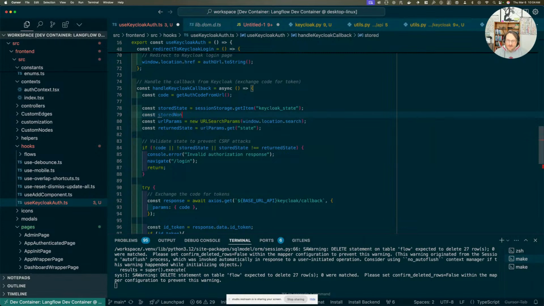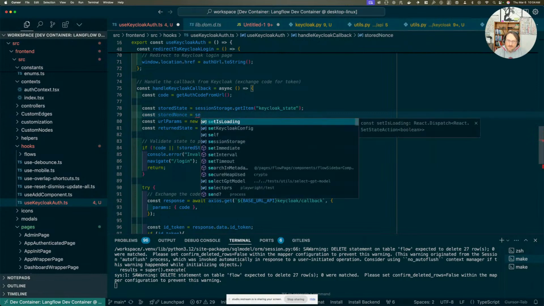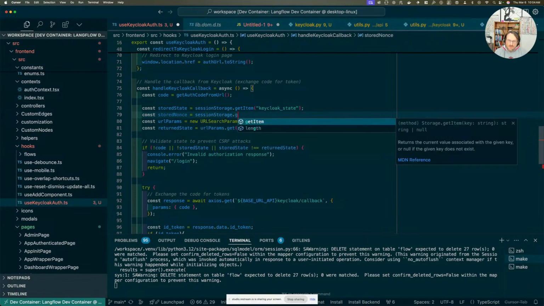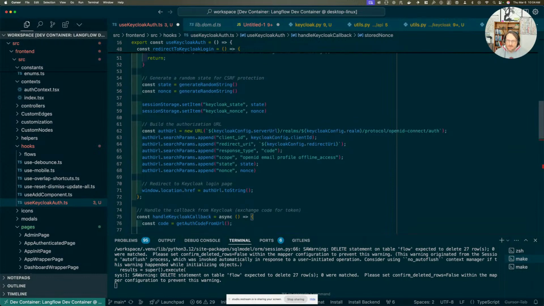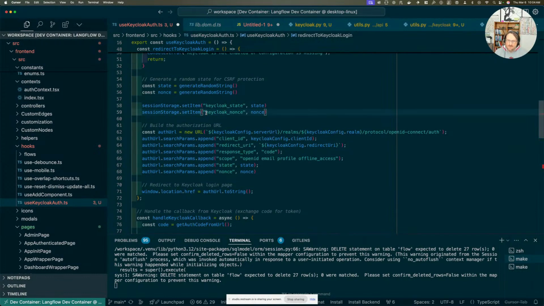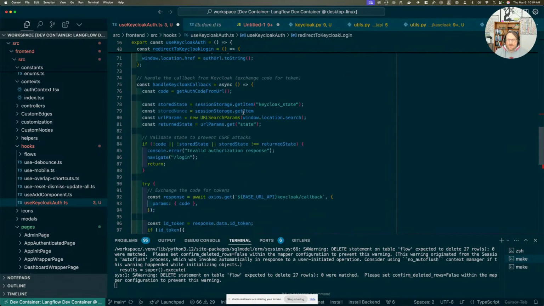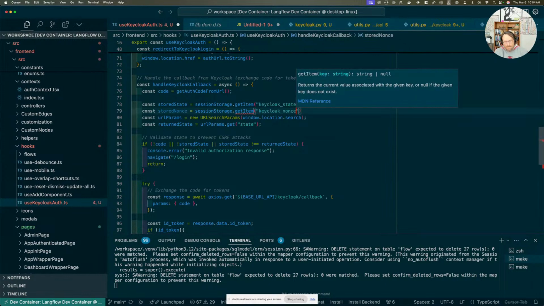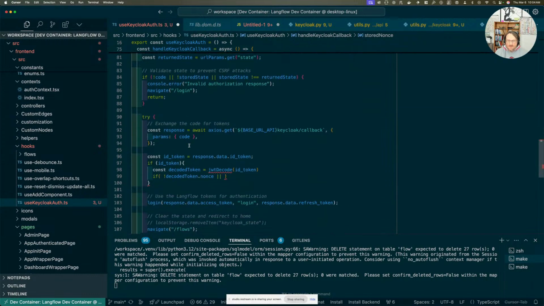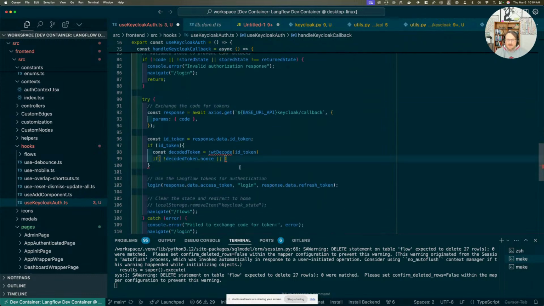Nonce, not once. Nonce. Session storage. Get item. And what I call it nonce. So it should be something like that, and then we can just compare it here as we did above. So if it's not equal to, so if this does not equal to this